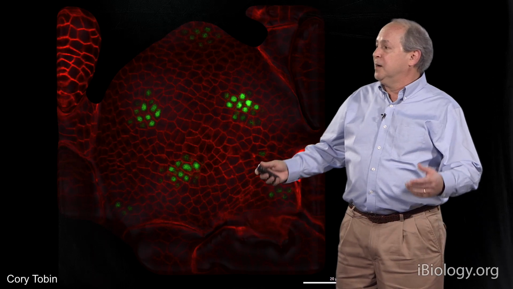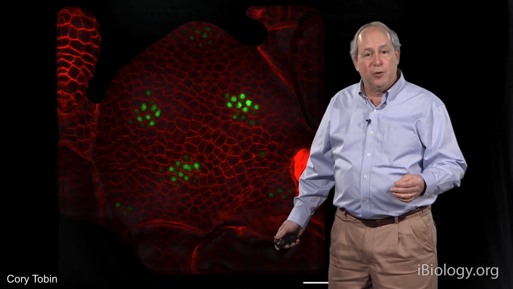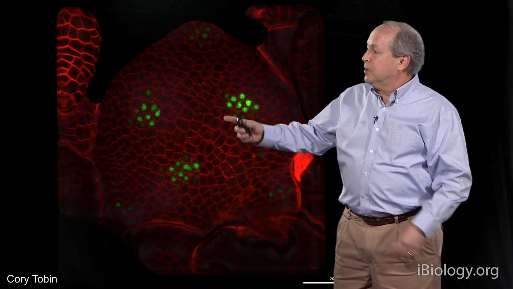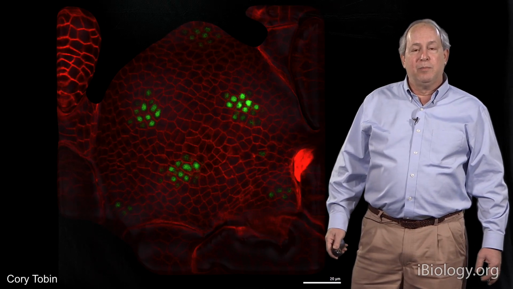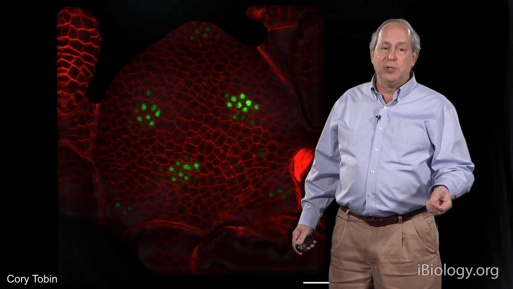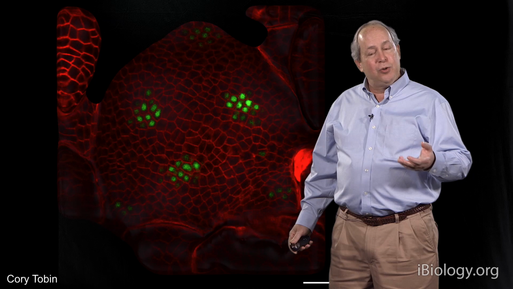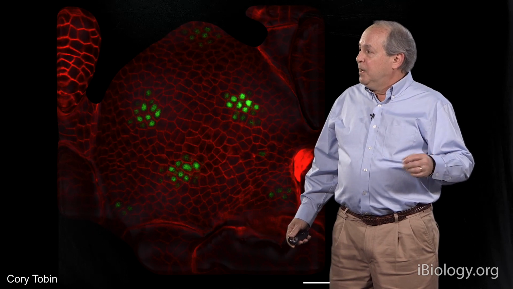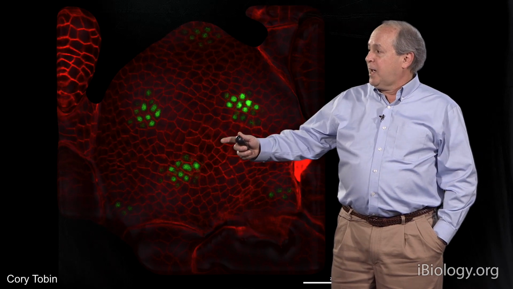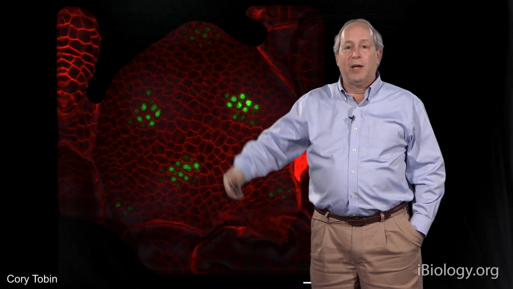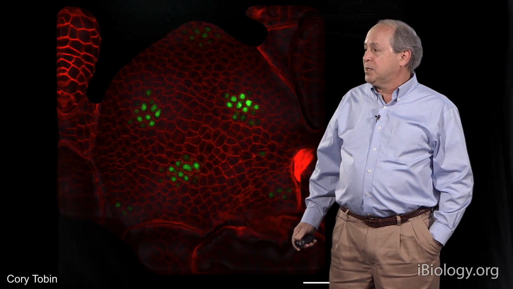Now, this is a picture of a shoot apical meristem of Arabidopsis taken with our confocal microscope, in which we've made the nuclei green in cells where auxin is at high concentration by transforming in an artificial gene that has an auxin-activated promoter attached to a jellyfish green fluorescent protein. And what we can see is the places in the shoot apical meristem where auxin is high are exactly those places where each successive flower primordium will come out,